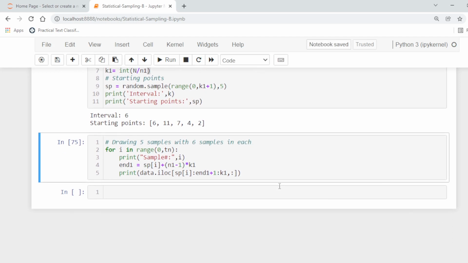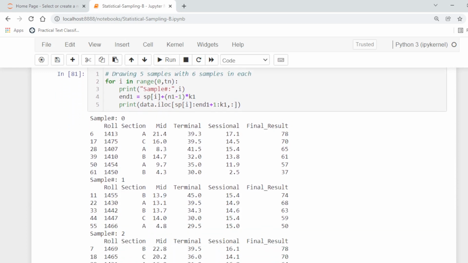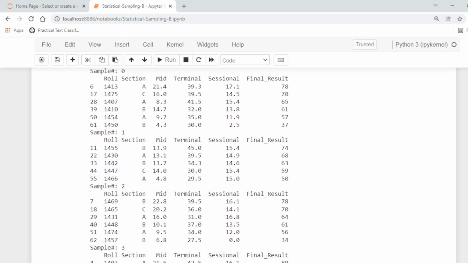Here we start the loop from 0 to the total number of samples. We are drawing 5 samples with 6 elements in each. If we run this, we will get 5 samples, and every sample contains 6 values.